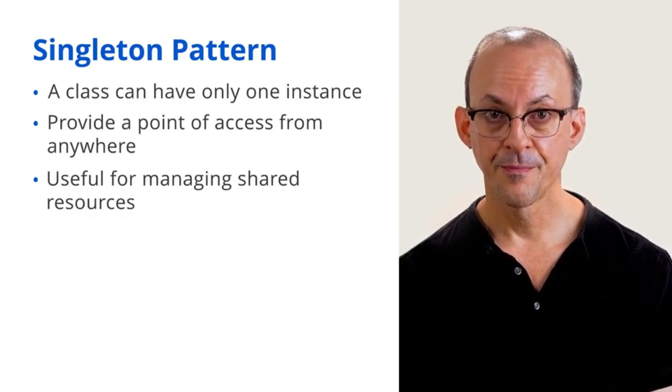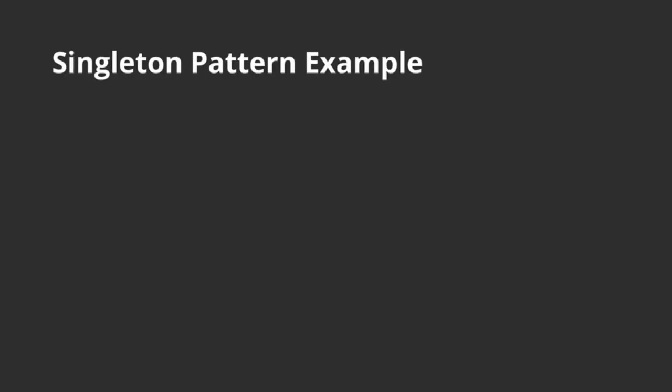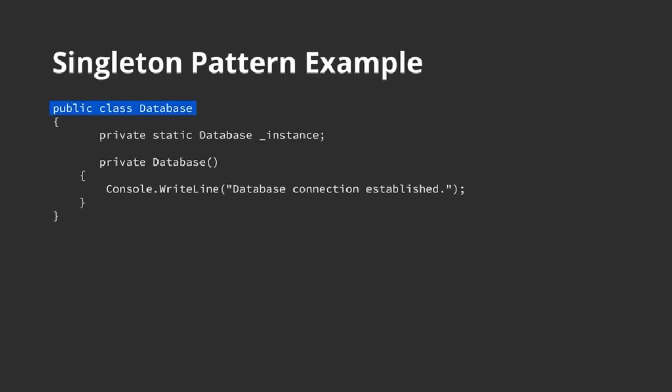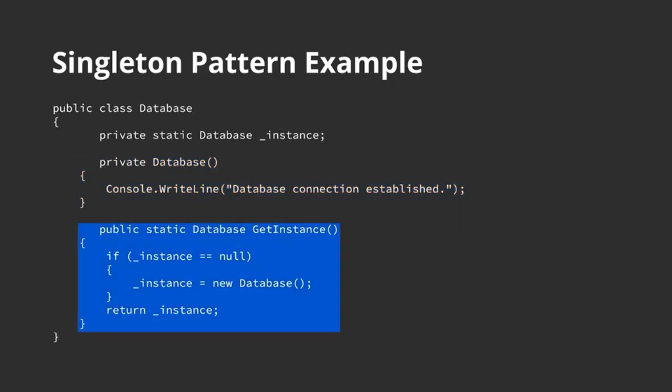throughout the application. To implement this in C#, a developer creates a public class called database. They create a private variable that holds the instance of the database object and a private constructor that writes "database connection established" to the console when it's called. The developer then creates a public method called getInstance that assigns the private variable to a new instance of the database object and returns that instance to the code